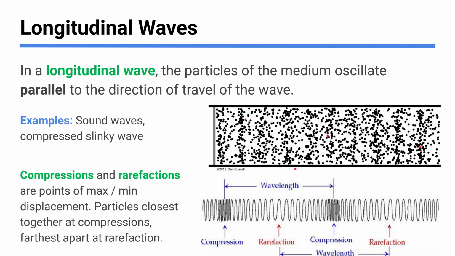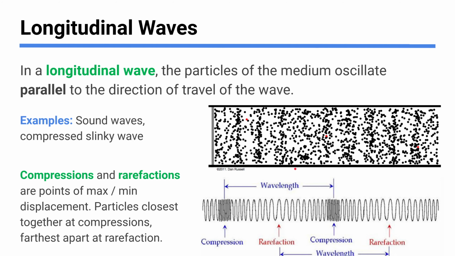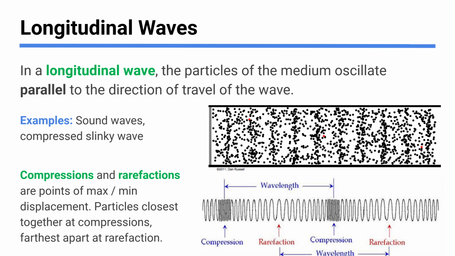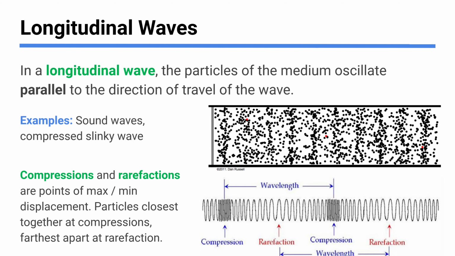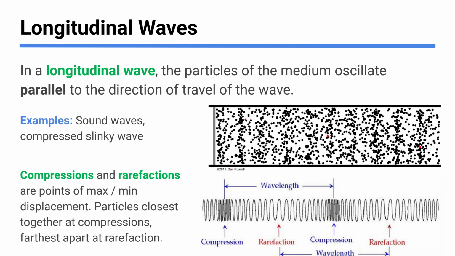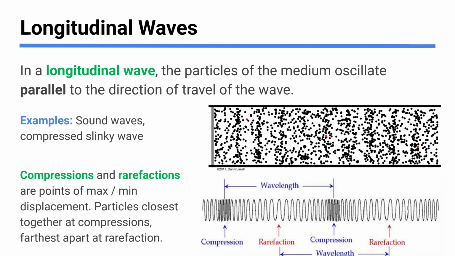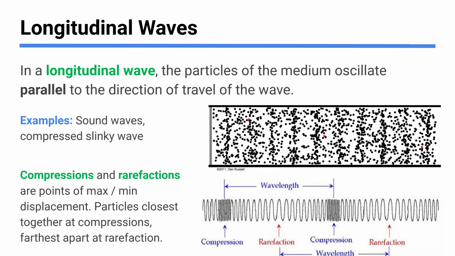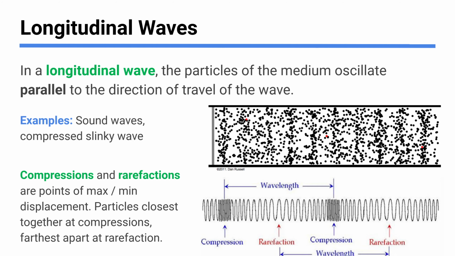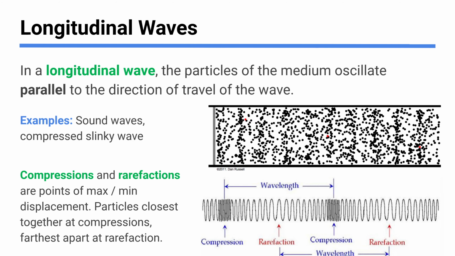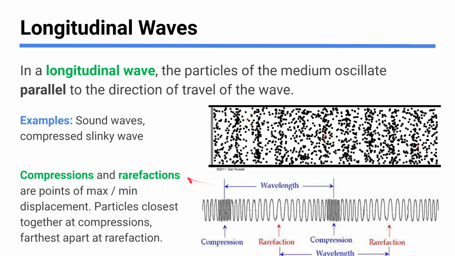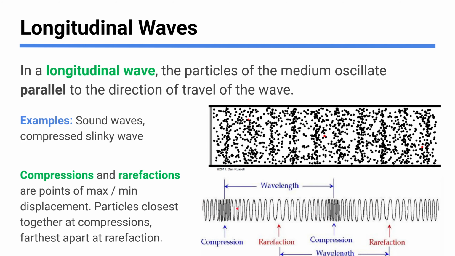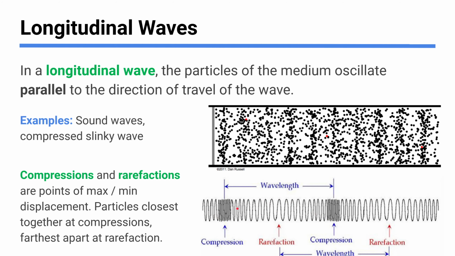Instead of peaks and troughs, because it's not like a peak of a hill anymore, we call those compressions and rarefactions. Fun. So they're sort of the analogy to peaks and troughs, or crests and troughs. It's the same general idea. But in this case, since everything is along one axis, it just looks a little weirder. So we call these points compressions and we call these points rarefactions, which again are like the crests and troughs of a longitudinal wave.